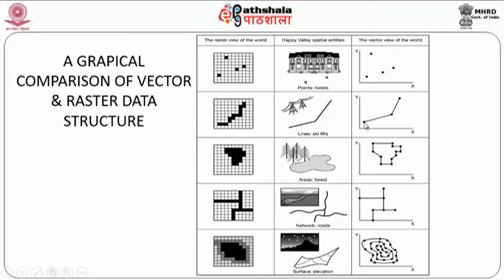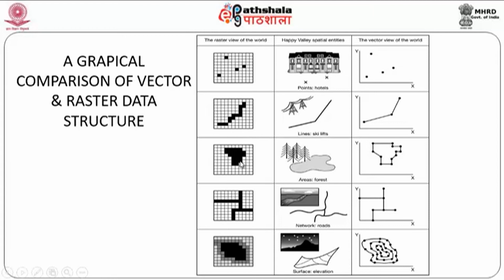Similarly, line data, as I was just telling you, you can see here from one point to another point. This is a node part and this other is called the arc part. So we find that, and once it takes a change in direction, it will become a vertex, and so on and so forth. We will see those details a little later. You have the same aspect which is shown here.